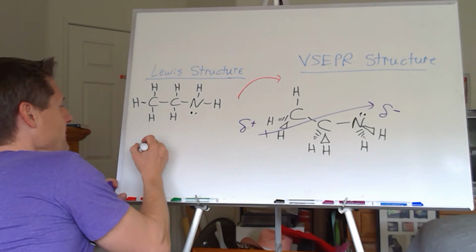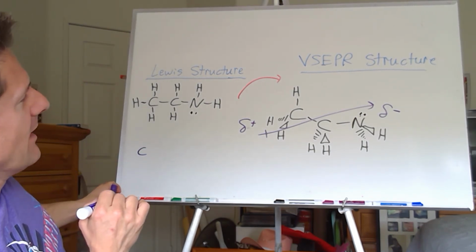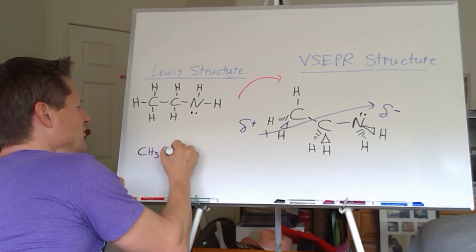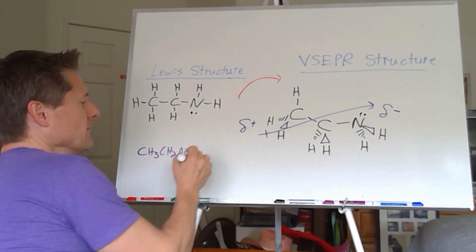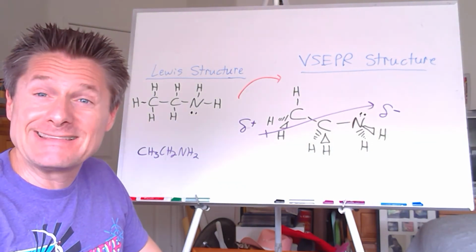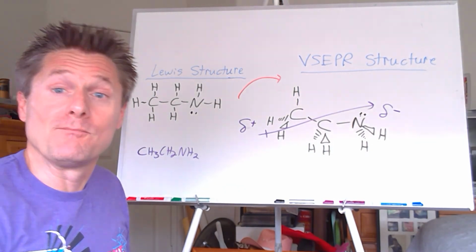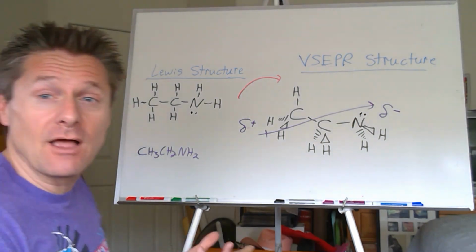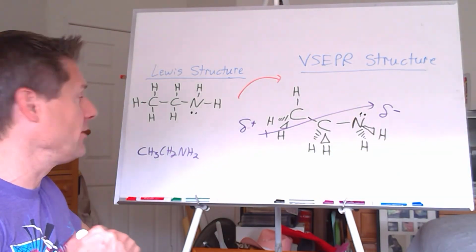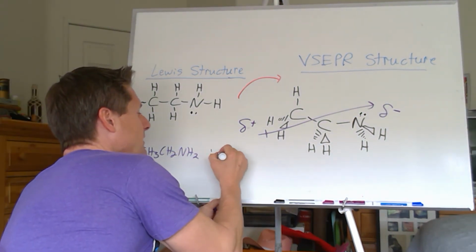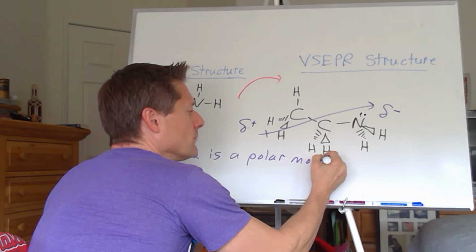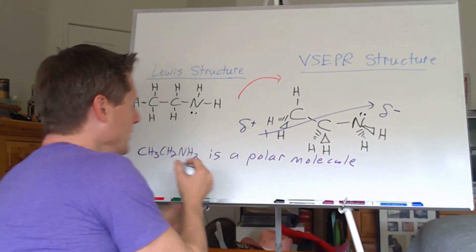So I would say, what is this? Ethylamine, CH3, CH2, NH2. Remember, anytime you see that NH2 group, if you review the organic molecules, that's an amine. Those are polar, right? Typically very polar, very highly soluble. We'll find out when we look at the effect on intermolecular forces. These tend to be highly soluble. So this is a polar molecule,